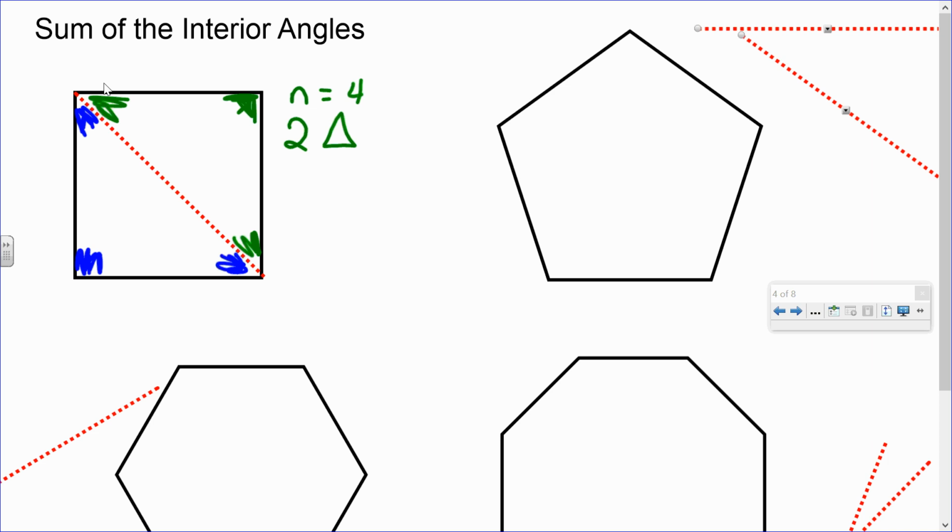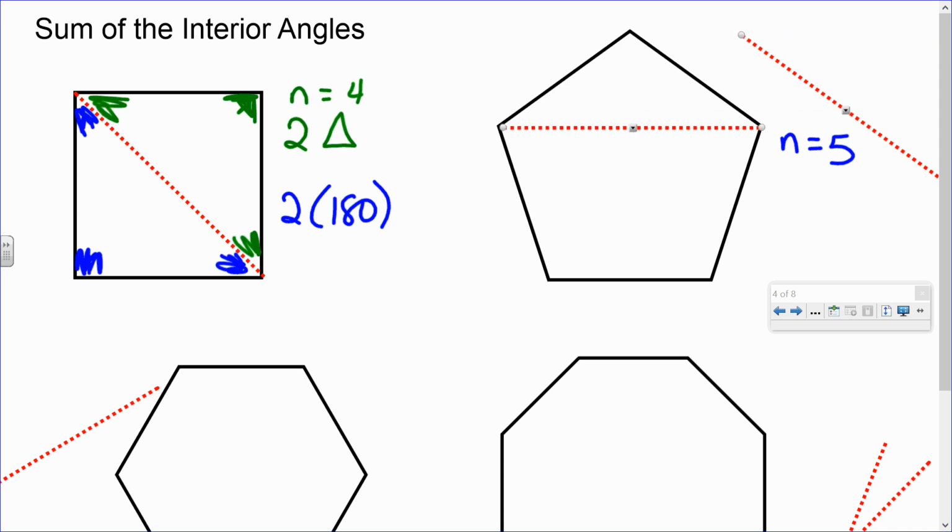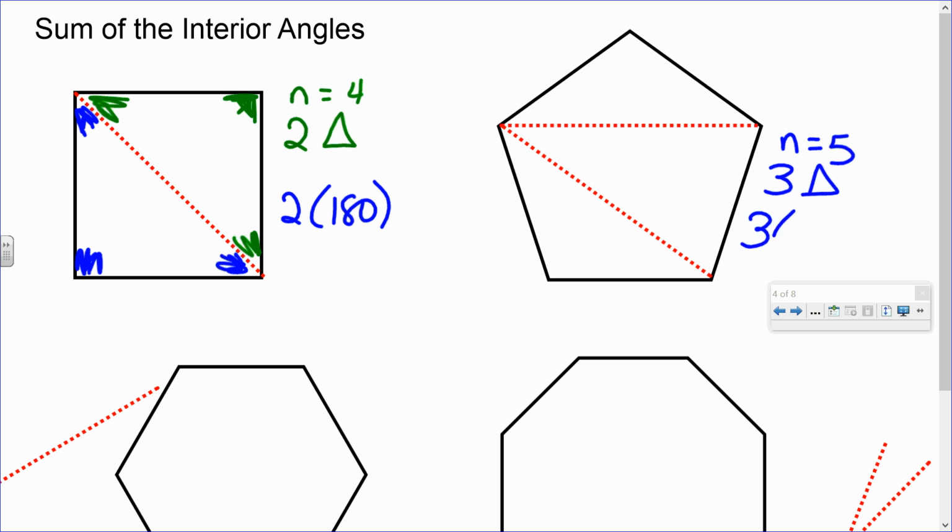So for the quadrilateral, I need to take those two triangles times 180 to get the total measure of all of the angles. Okay, if I have a pentagon, I now have 5 sides. I'm going to pick one vertex. I'm going to pick this one over here farthest to the left, draw all possible diagonals from it. I can only draw 2 diagonals from that vertex, and how many triangles do I get? 3. So if I shaded things, I would have 3 times 180 to give me all of the angles in